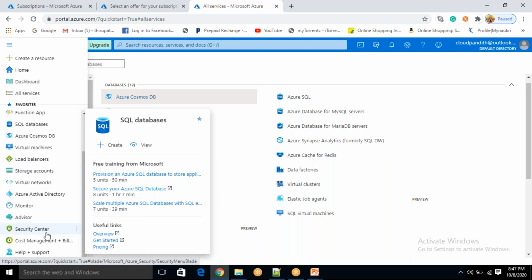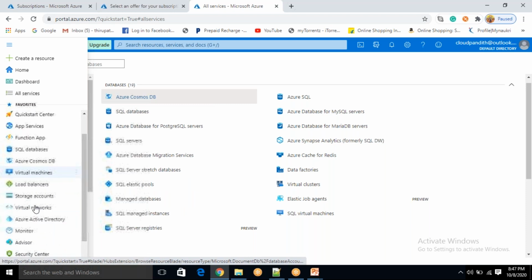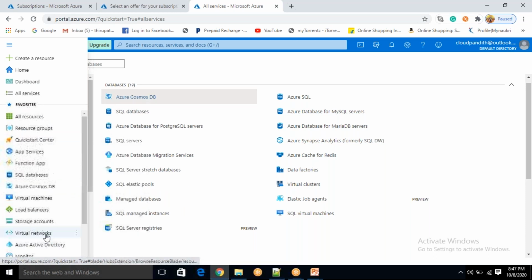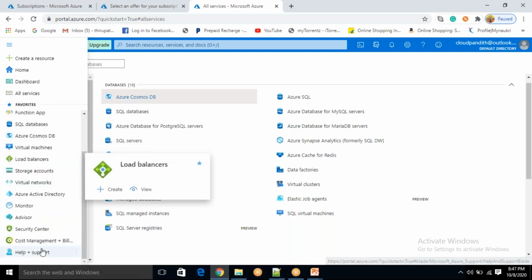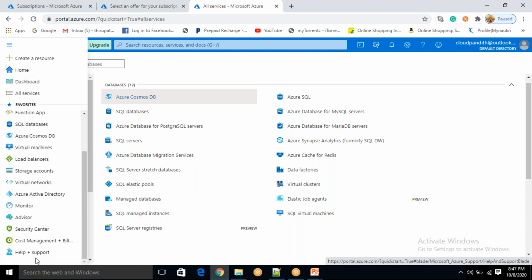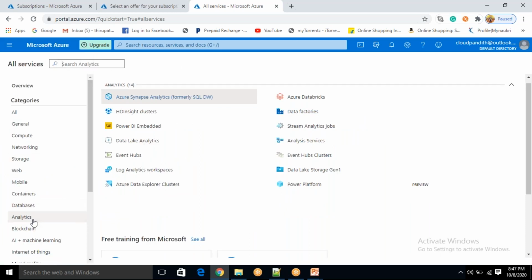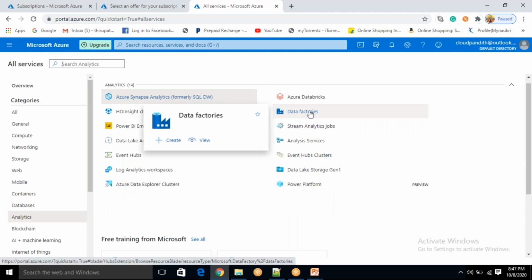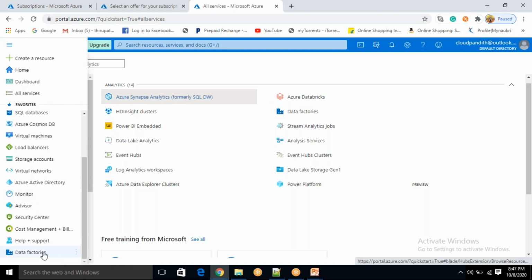Now what you need to do is, you can see here we don't have Azure Databricks in this favorite list. I want to bring Azure Databricks into the favorite list. I want to bring Data Factory into this favorite list. How to do it? See, click on this. You can go to analytics. This is the service. Put your cursor on that service, then a pop-up comes. On the right side of this pop-up, you will see a star mark. Select that star mark. It's nothing but a favorite mark. Okay. Come down and you see Data Factory added.